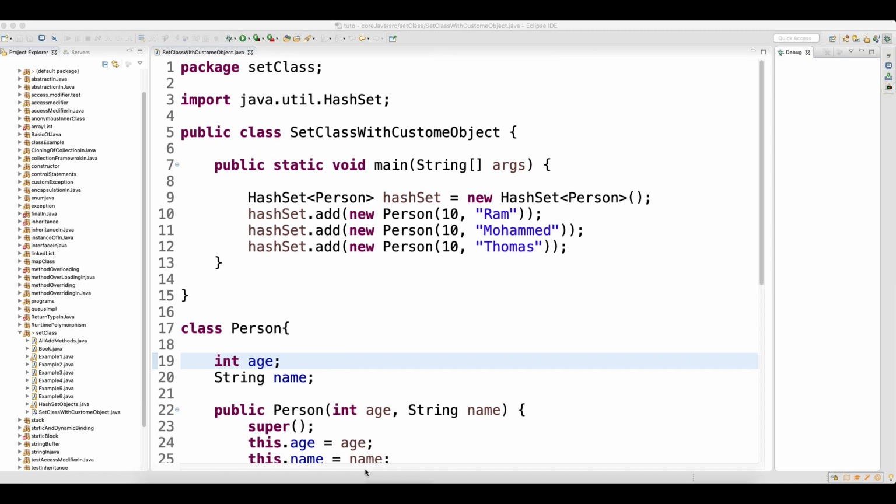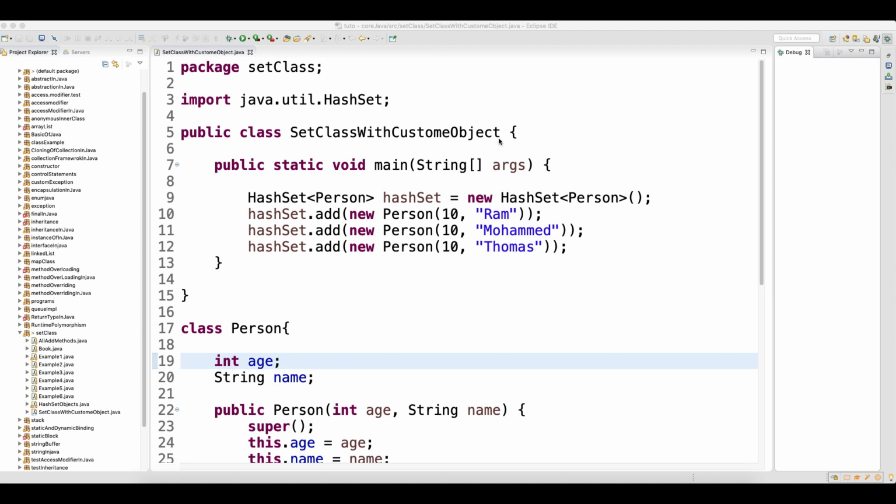Hey guys, welcome back. If you look at the last class, I was talking about the add methods we have in the HashSet, and we have seen how we can add objects to the HashSet, LinkedHashSet, and TreeSet, right? Here it is an extension of a HashSet, and we will try to understand how we can add a custom object to the HashSet. In the last class, if you remember, I was adding the primitive data type, but here we will see how we can add the custom object.